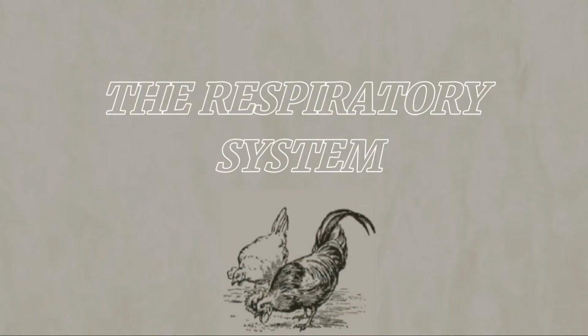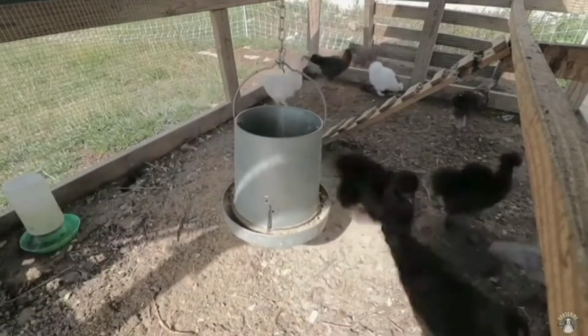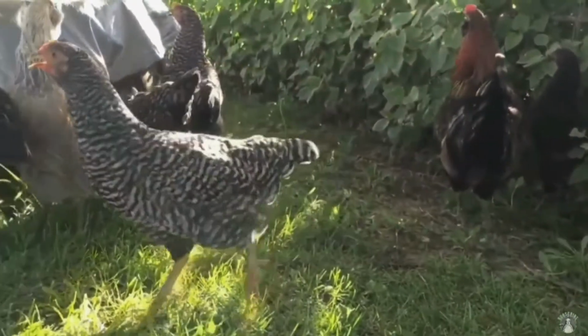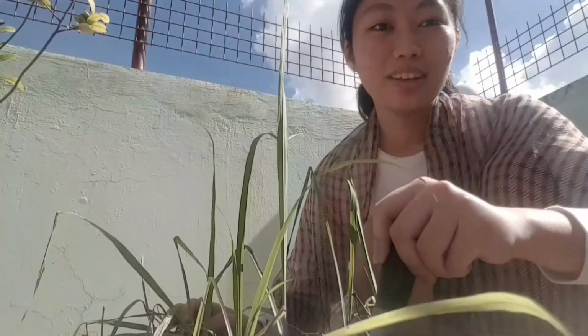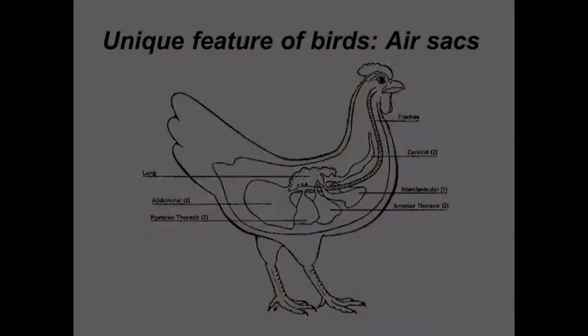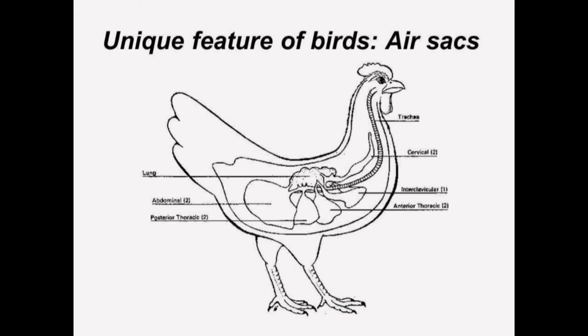The respiratory system. Same with humans, the respiratory system absorbs oxygen and gets rid of carbon dioxide inside a chicken's body. Chickens have 2 lungs and a windpipe, just like humans. Oxygen flows with the breathing of the chicken, goes through 9 sacs, and comes back out from the lungs and to the nose. Birds have more efficient gas exchange compared to humans,